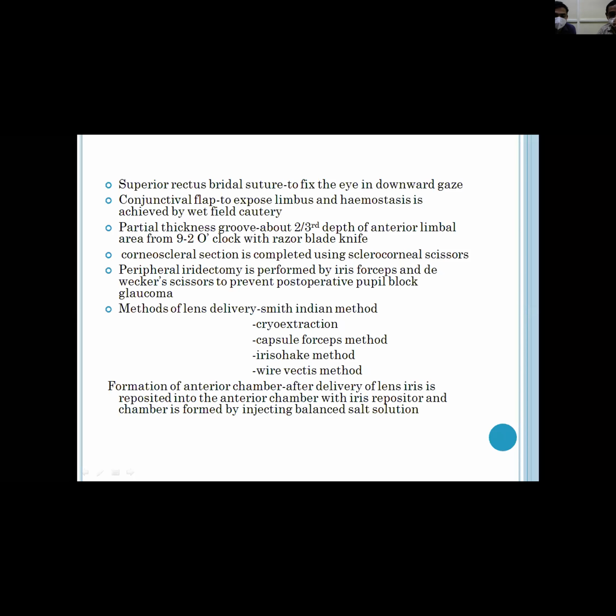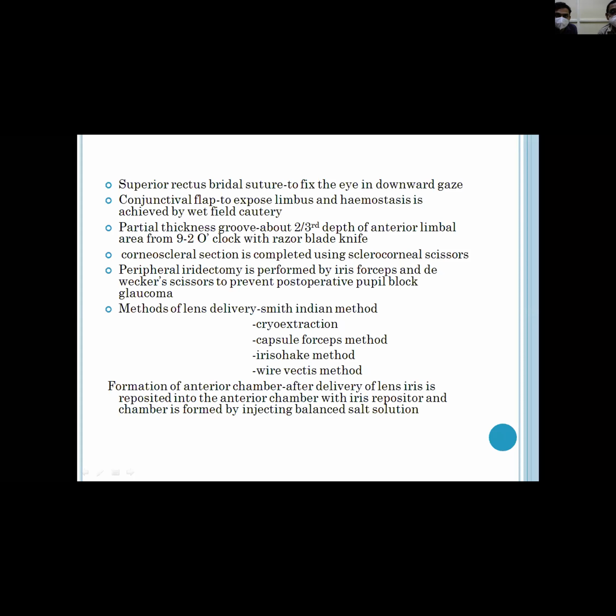You haven't mentioned. Normally when we were doing intracapsular cataract extraction, it was only a limbal-based conjunctival flap. After the surgery, we used to spread the conjunctival flap up again,